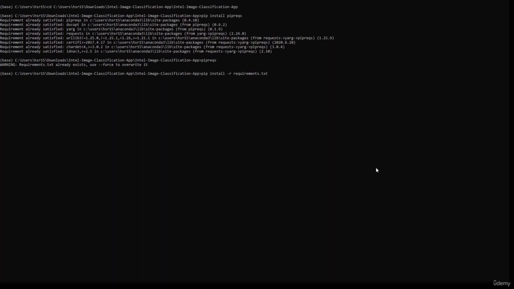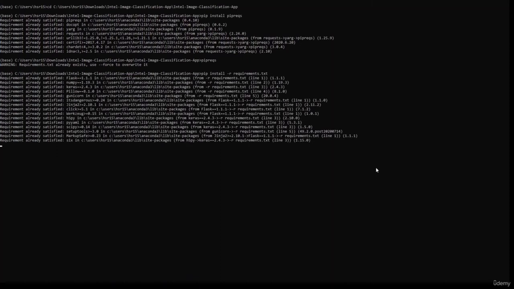What it will do is check all the requirements that are there in my requirements file and install those. Here you can see that all the requirements on my system are already satisfied, so it is showing requirement already satisfied. So we are good to go and we can run this app.